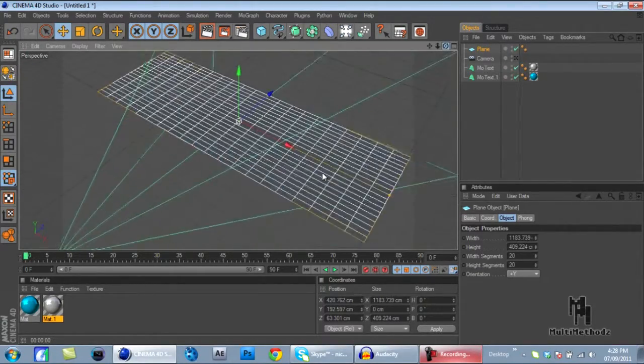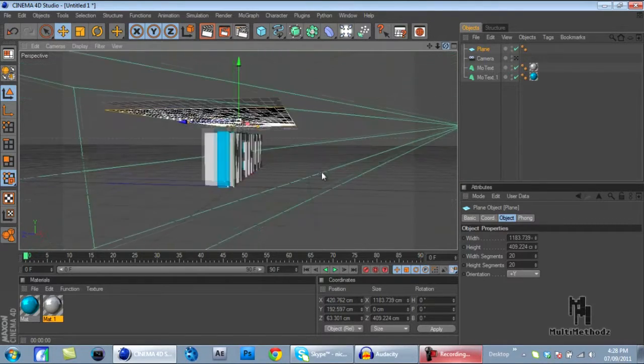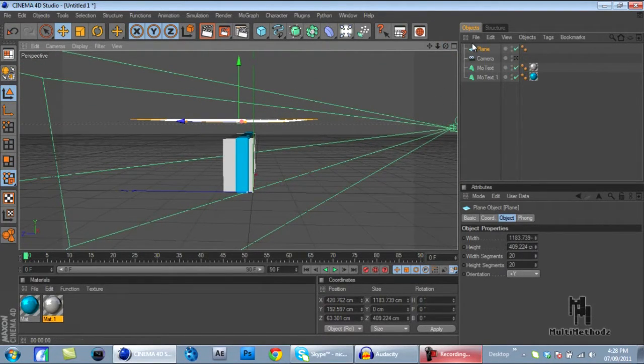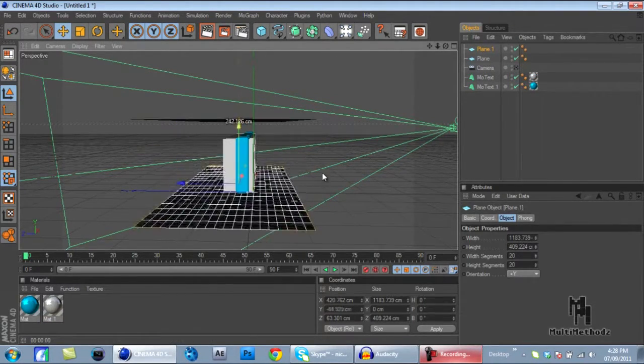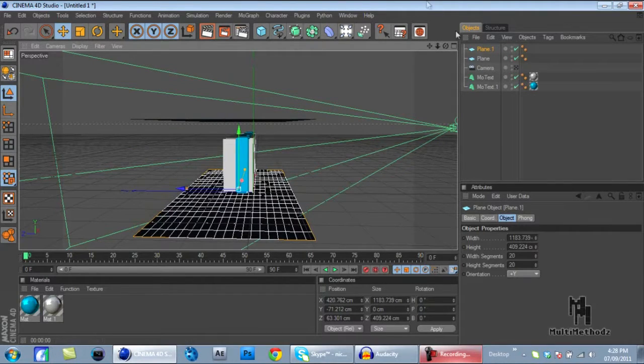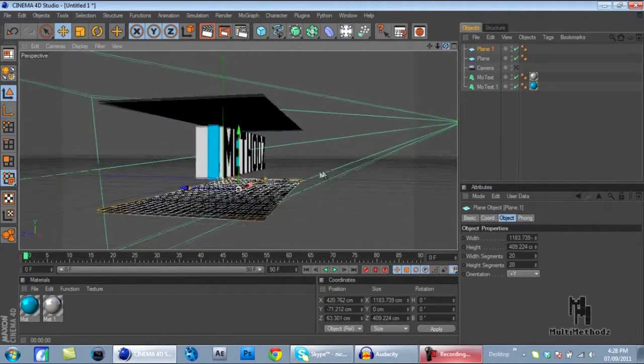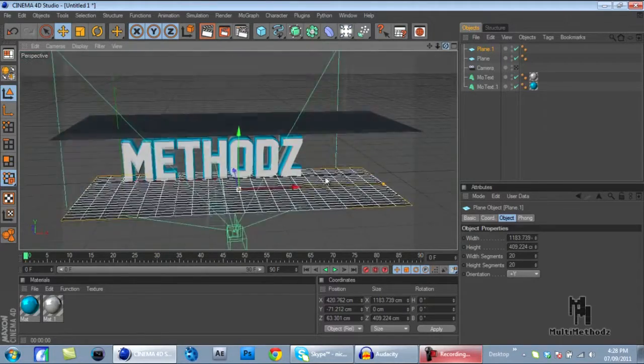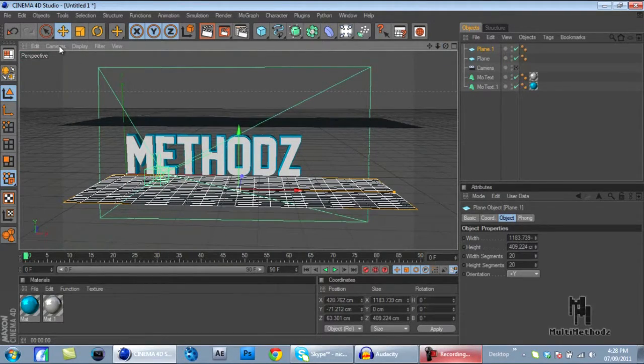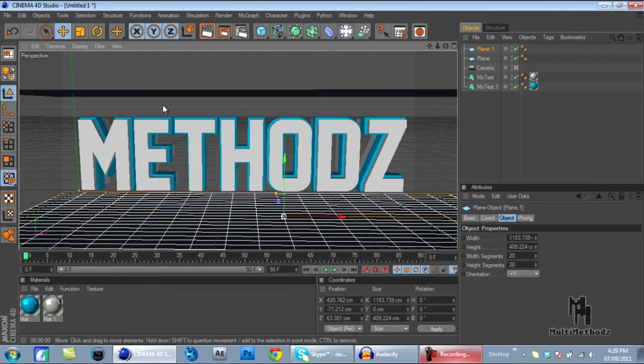Okay, so you get your plane positioned a bit higher than your text. Then you want to copy, Control C, Control V, and it'll paste it, or do the Control drag, and then do the green arrow and drag it just under your text, about the same distance. And you can go back to your scene cameras, and then